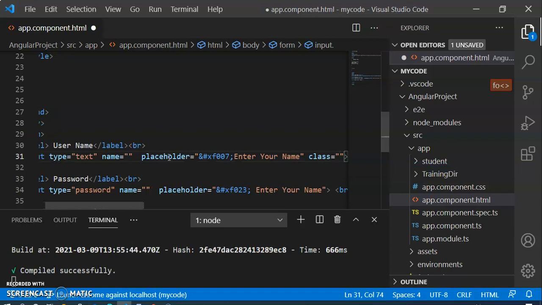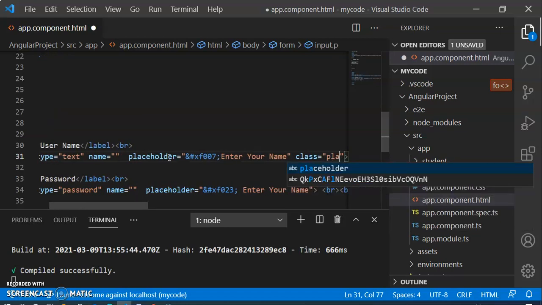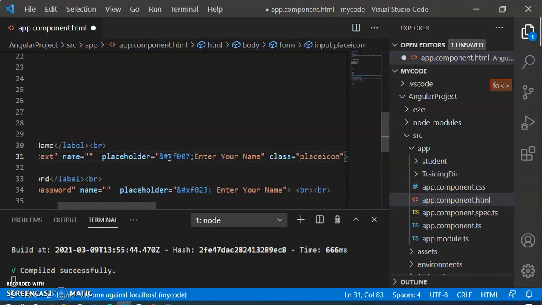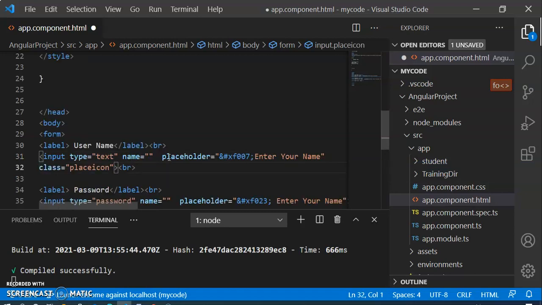Here we can write anything, place icon. Now we are writing here the place icon, and this one also we are copying from here to password also.